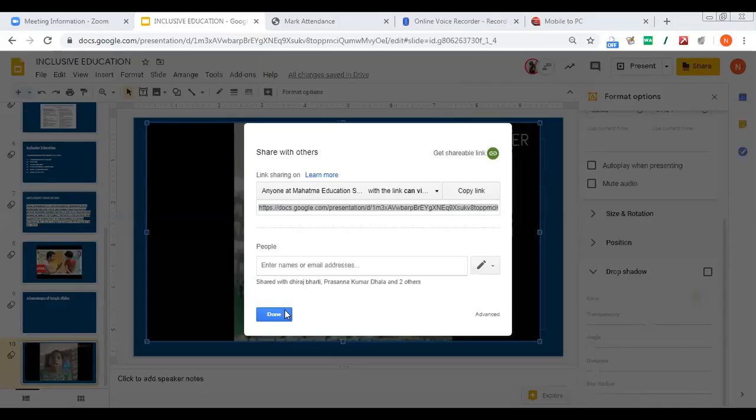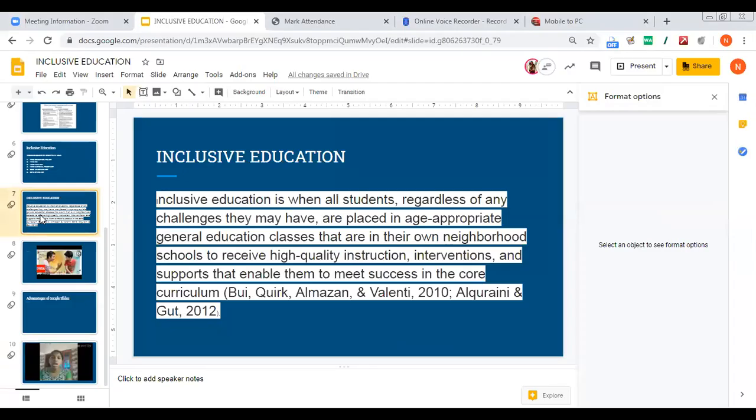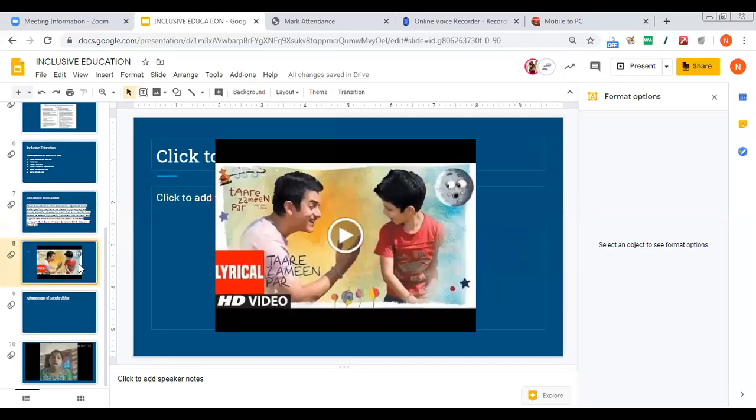Sir, is there any provision to change slides which are imported by our students to the Google Drive? If you have created the file, you can change anything, and if you have shared with someone, they can also change. No, sir.